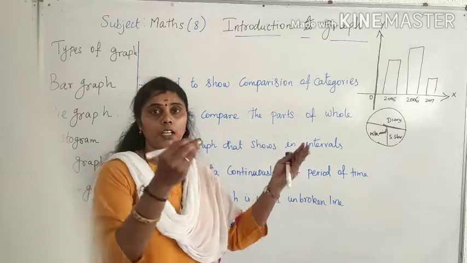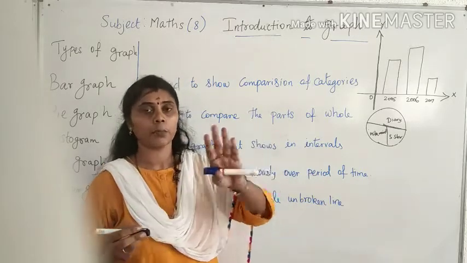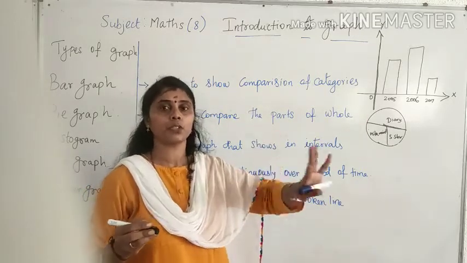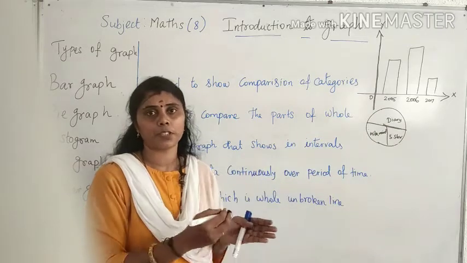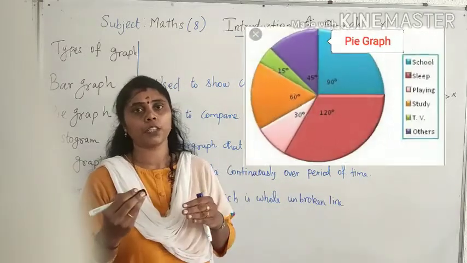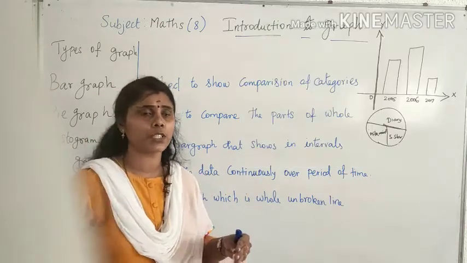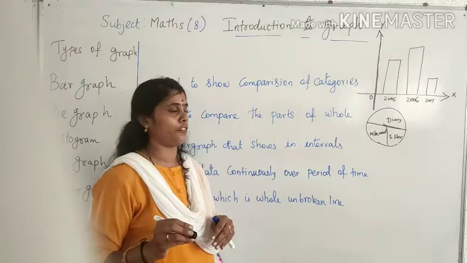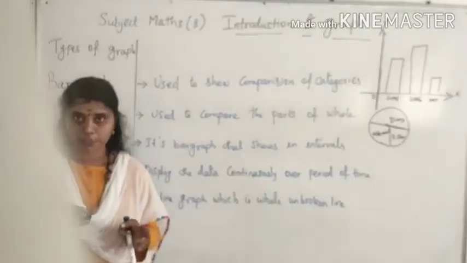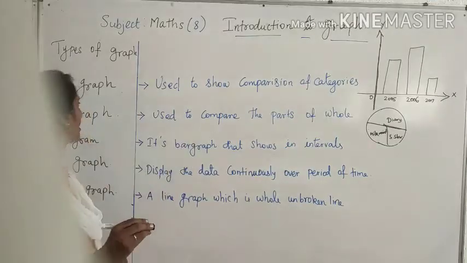For example, 30% of the time will be given to this subject, or 30% timing, 40% timing will be given to another subject. Like that you can divide the subjects and give them percentage-wise, and also you can use the pie graph. Where you want to compare the whole information in parts, we use the pie graph.